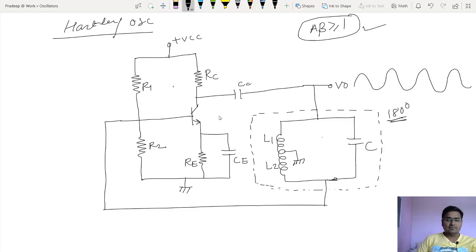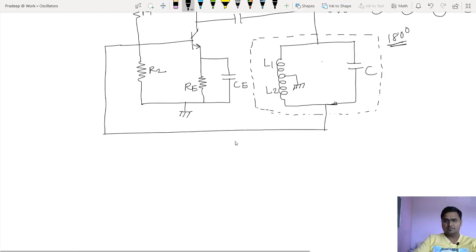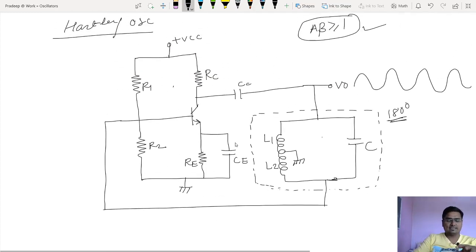Okay. One thing we have studied related to the tank circuit is, when you connect a capacitor and inductor in parallel in a tank circuit, what do they produce? They produce sustained oscillations. Do they produce sustained oscillations all the time? No. If you don't remember, watch my previous lecture on the tank circuit.